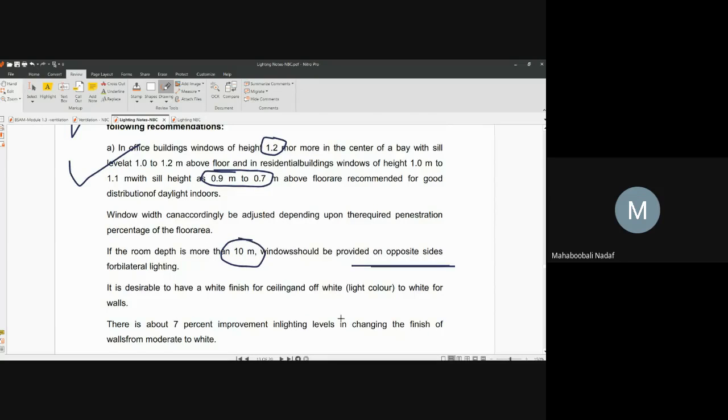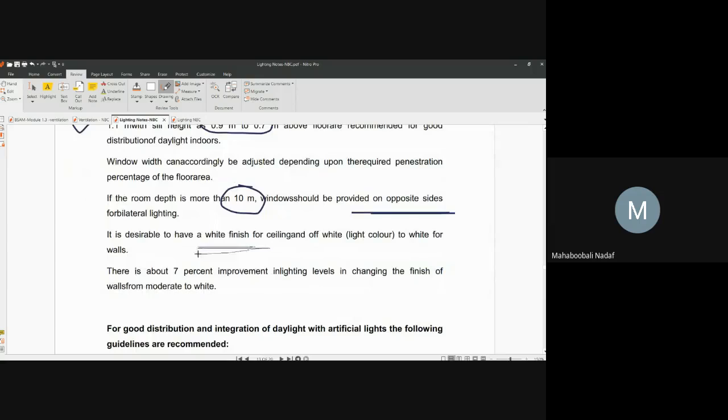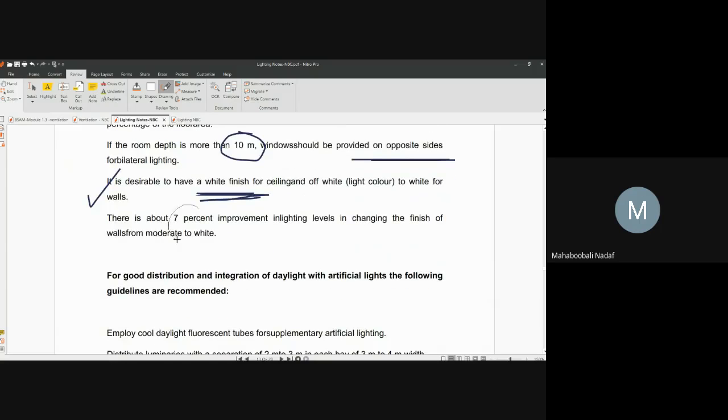Okay, now always try to give a light color ceiling finish so that the internal reflected component of the lighting is achieved. What I am telling is, if you give light color paint which has more reflectance, that time you get more IRC component. Okay, that is one point. So by providing all these things, up to 7% can be achieved.